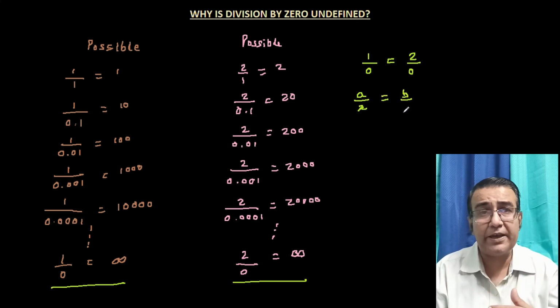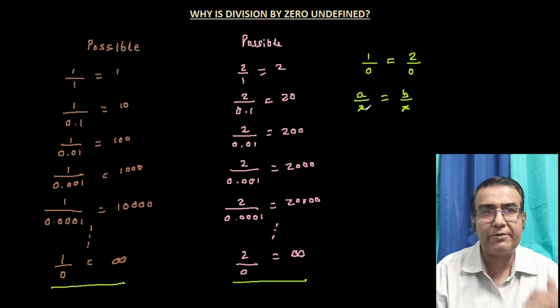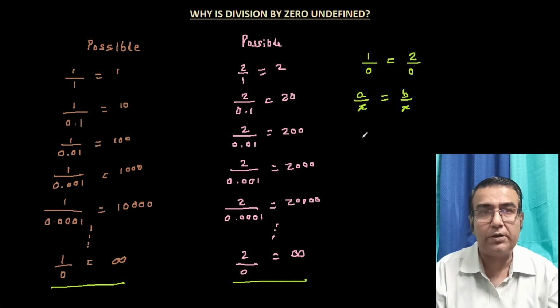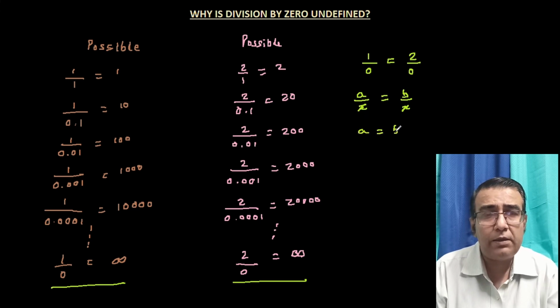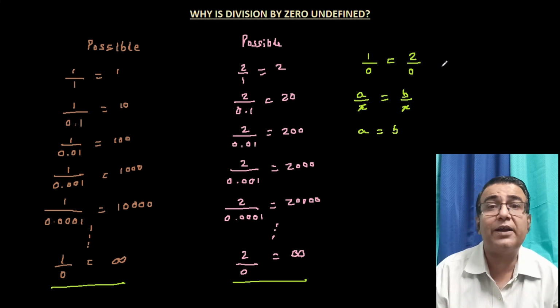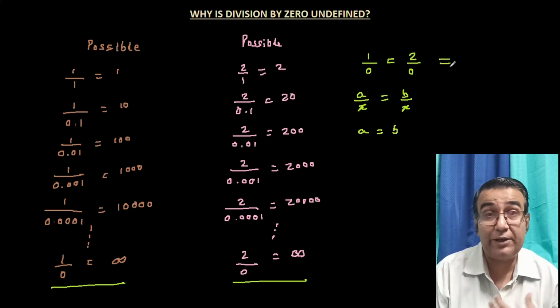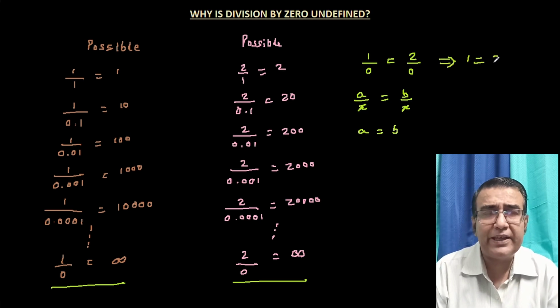And we know that if we take any two numbers, say a and b, and we also know that if we do a divided by x and if that is equal to b divided by x, so since both a and b are being divided by x, the same number, and we are getting the same answer both the times, they are both equal, then it implies that a is equal to b. Now again, in the first case we saw that 1 divided by 0 was equal to 2 divided by 0, which means that both are being divided by the same number. And again, now because of logic, because I'm very logical, I can say that it implies that 1 is equal to 2. Yes, I got it. 1 is equal to 2.